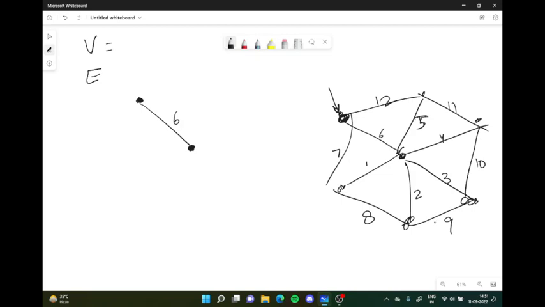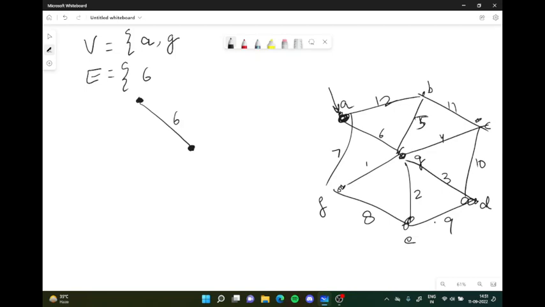My vertices contain the first vertex A, B, C, D, E, F, and G. So my vertices set will contain vertex A, and my edge set will contain this edge with weight 6. Now we have also input vertex G in this first iteration of the graph. So now, in the next iteration, considering our vertices to be A and G,